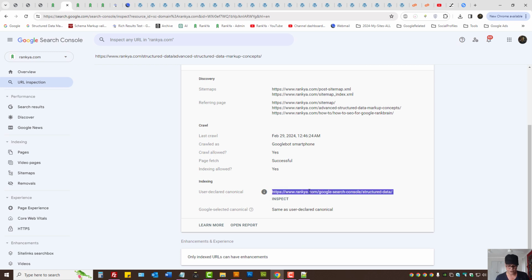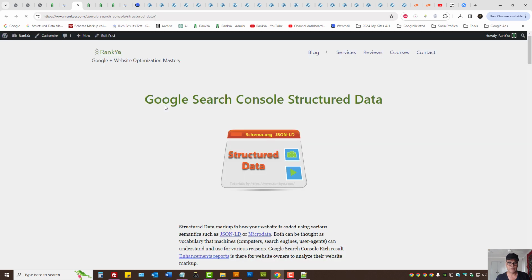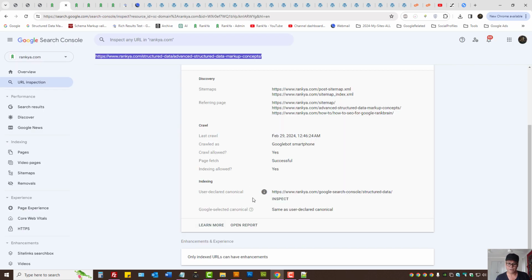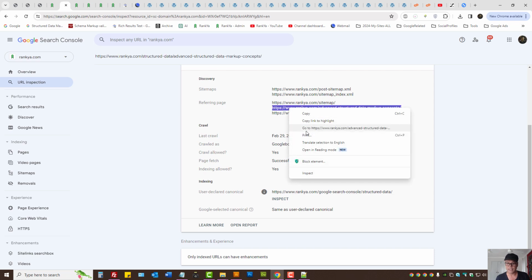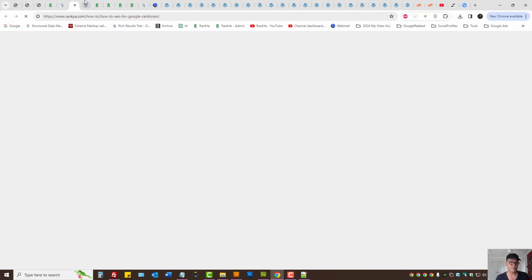In my scenario, you can see this URL is being redirected. Is it? Yes, it is. Because user declared canonical. I have told Google, you know what, Google? When you see this, here referring pages are these. So that means, I'll show you this example too. What I need to do